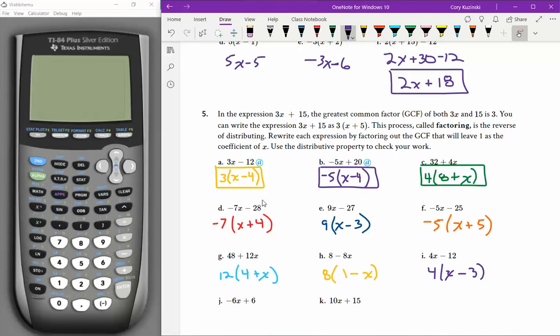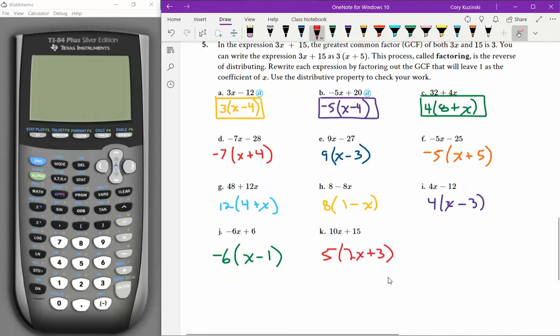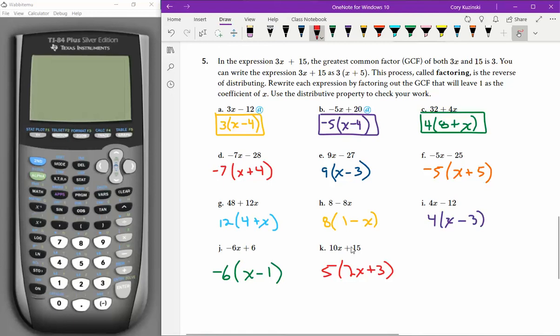That one kind of feels like a 3 up here, but we factored out a 4 instead of factoring out a 3. These are both divisible by negative 6. Negative 6 times x is negative 6x. Negative 6 times negative 1 is positive 6. And I like this one, okay. These are not both divisible by 10. They are both divisible by 5, though. 5 times 2x would give me 10x, and 5 times 3 would give me 15. All right, so that's called factoring. It's the opposite of distributing. And that's all I've got for you. Have a great